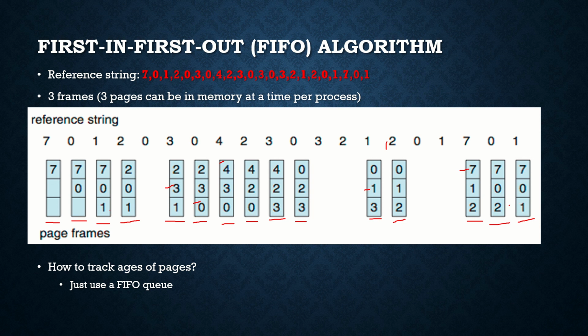Okay. And you can draw a FIFO queue also. Parallelly you can draw a FIFO queue, and whichever is entering you can draw it, or by just seeing this you can find out which one is the oldest page. Okay. So the question will be like this: they will give a string and you have to find out the number of page faults. So now we have to count the page faults. You can count these boxes, because we have left the empty spaces, or you can find the red color marks. So 1 2 3 4 5 6 7 8 9 10 11 12 13 14 15 is the number of page faults for this particular reference string.